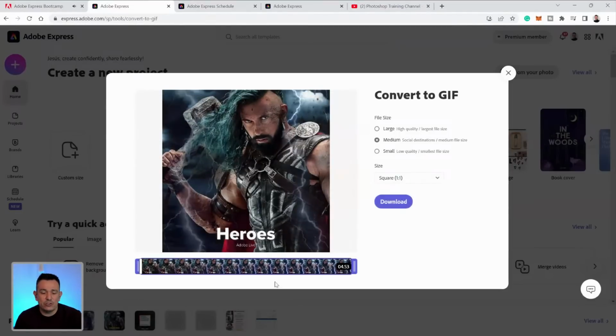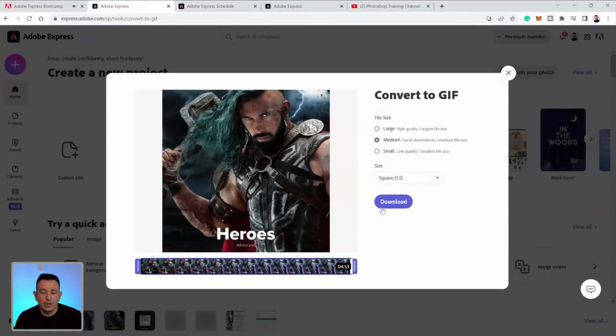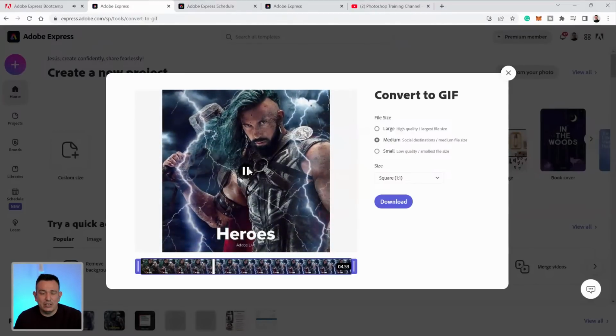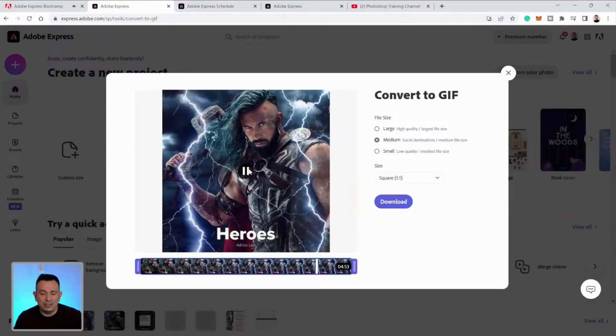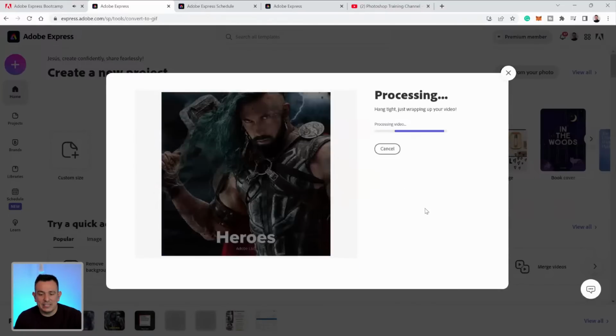I can edit the intro and outro points here, and I can select the file size for these animated GIFs. I can hit play, and you can see what that animated GIF looks like, right? And now I'll select the medium size. That's fine. I can download my animated GIF now so that I can use it on my YouTube community tab,